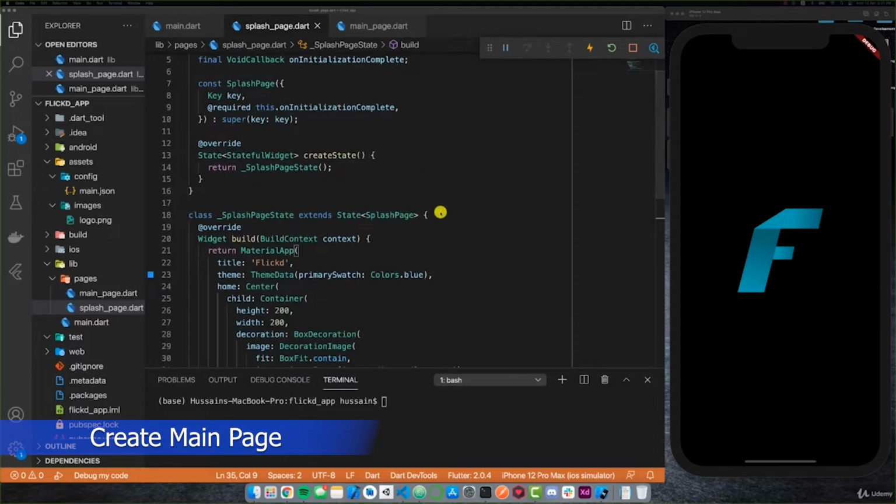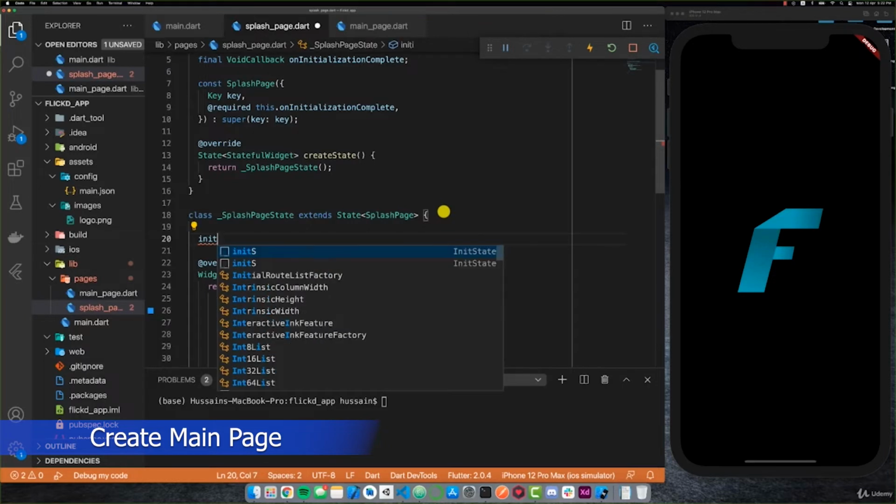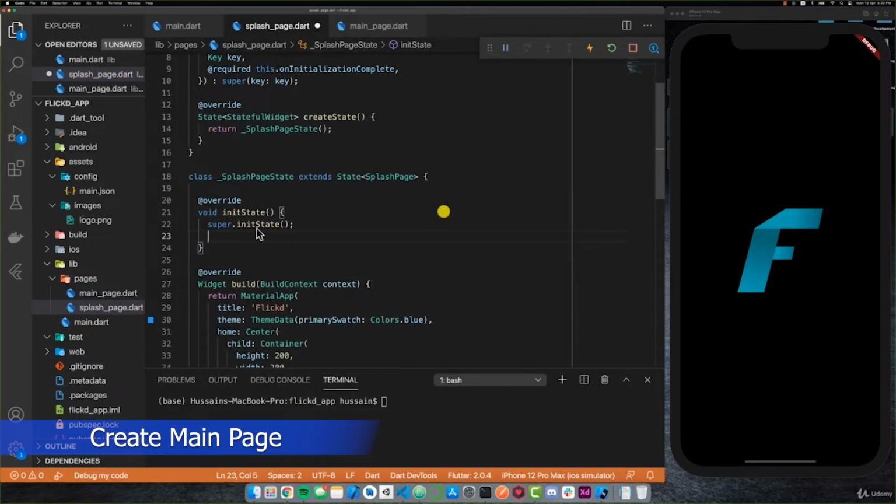So similar to how we are provided with a build function, we are also provided with an initState function. And we override this because this is a method of the base class State. And inside of here, we can do all sorts of things. For now, what I'd like to do is call the super.initState method, so the initState method on the super class. And following that, what I'd like to do is call widget,